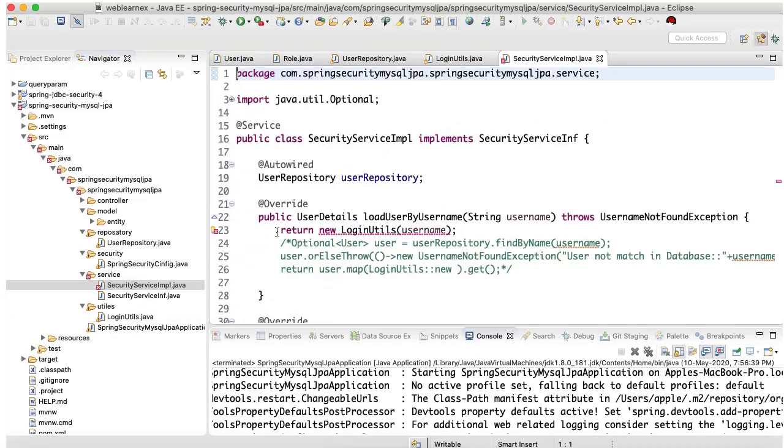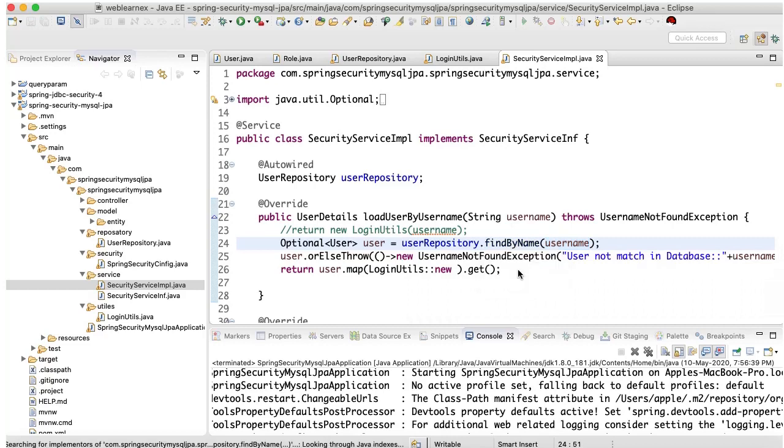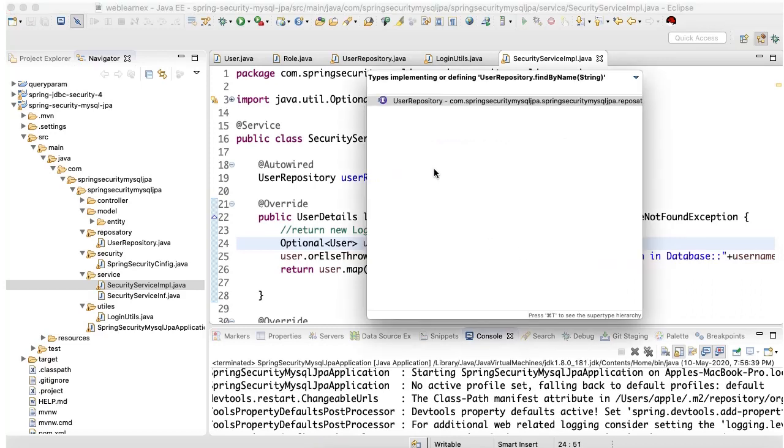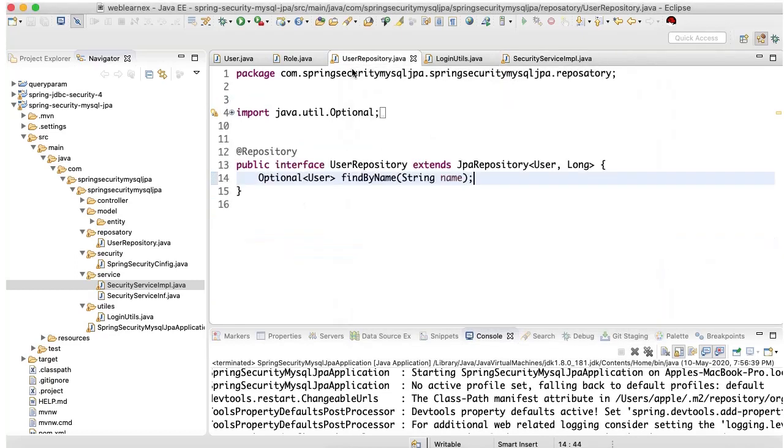In the IMPL I'm going to uncomment all these things, meaning whatever user details the user passes from the login, it will find using this username from my repository, whatever I have customized in the user repository. Using this, it will find the username details.